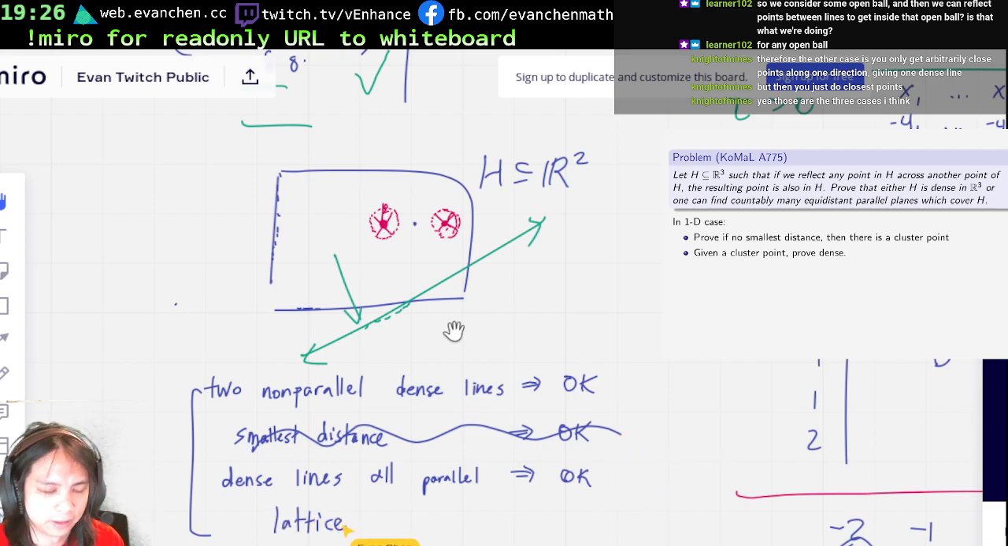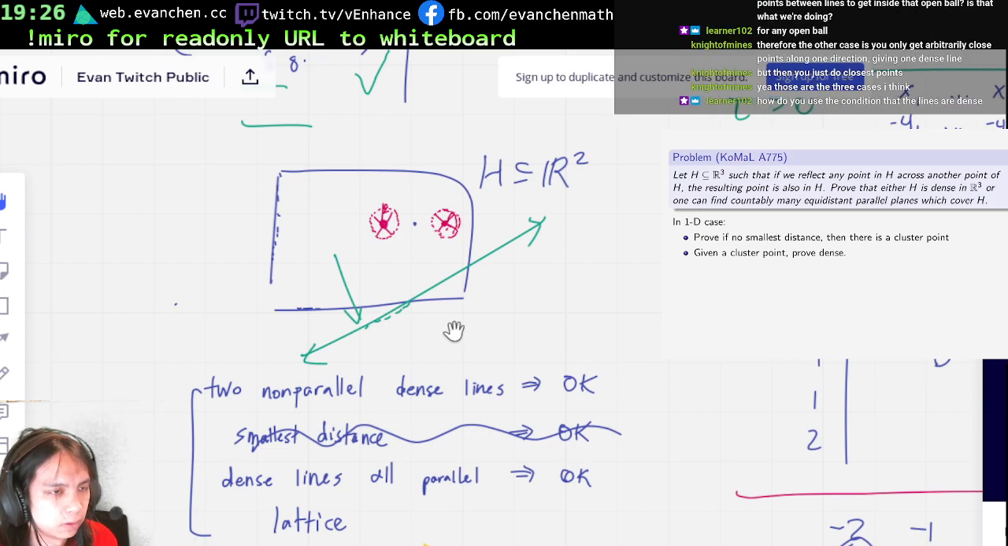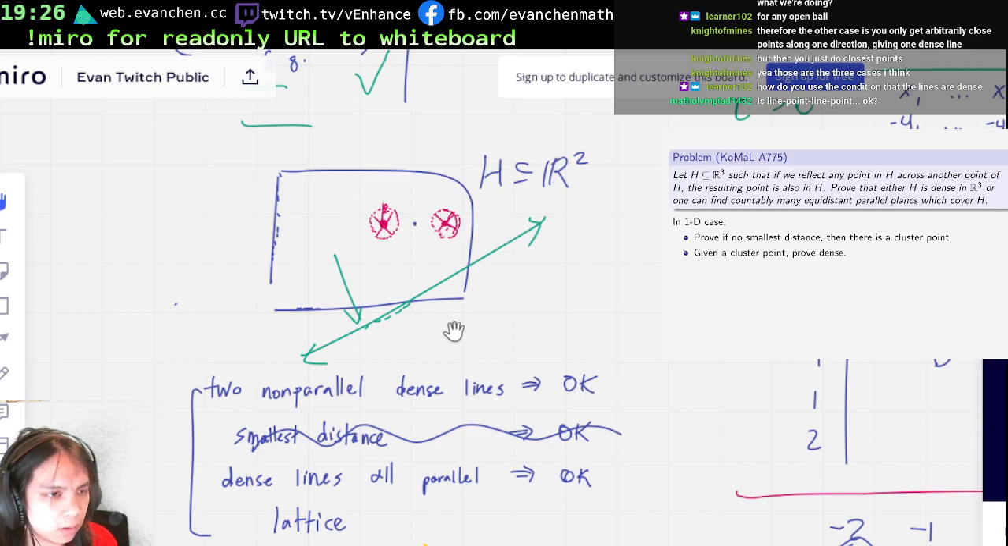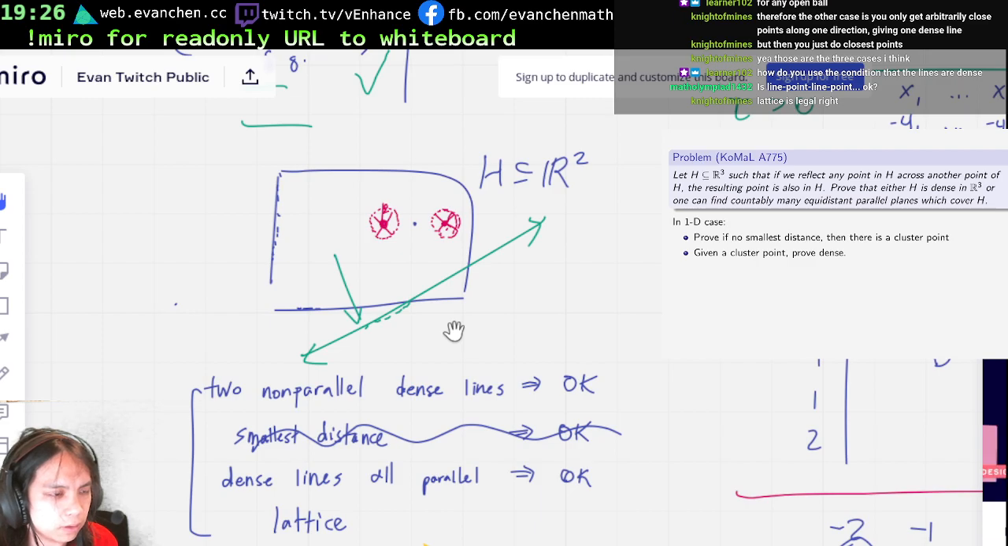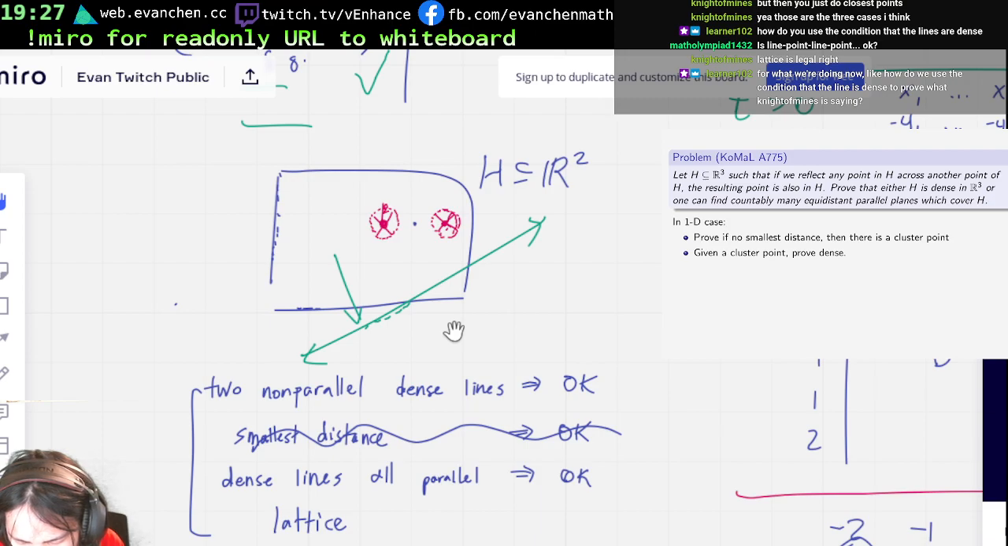Because if no line is dense, then you take two... how do you use the condition that the line is dense? For which part? Yeah, lattice is fine. Okay, let me make sure I got that right. So if there are no dense lines at all, then whenever I take two lines, I'll get like a lattice. And if I add another point in,